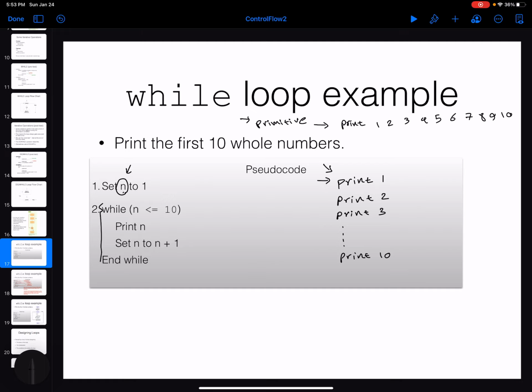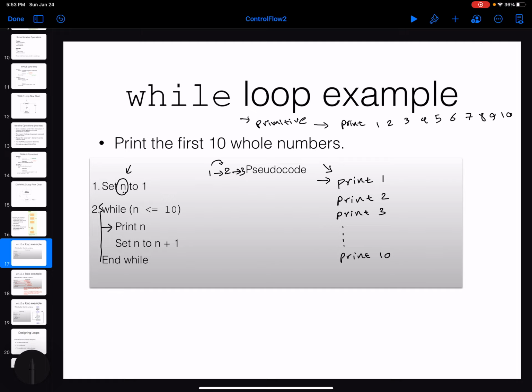And first let's write the body of the loop. In the body of the loop, what I wanted to do is just printing that value n, right? This is the main thing. But not only printing n, I wanted n to be changing. At first it is 1, then I want it to be 2, then I want it to be 3. So you can see that at each step I am changing the value of n, and how I'm changing it,